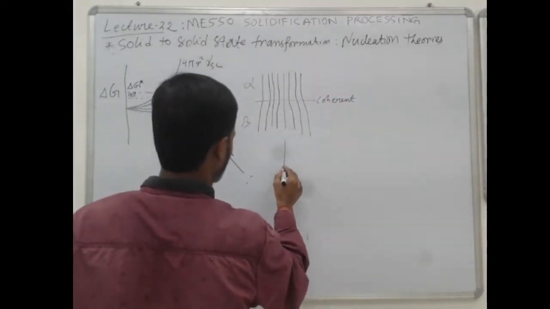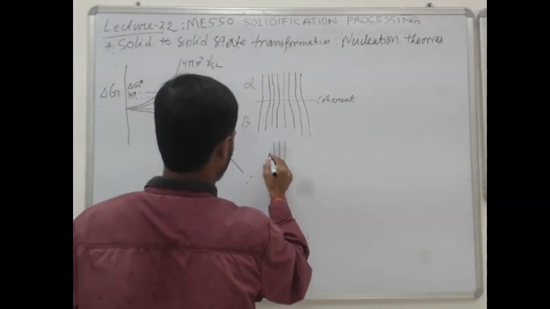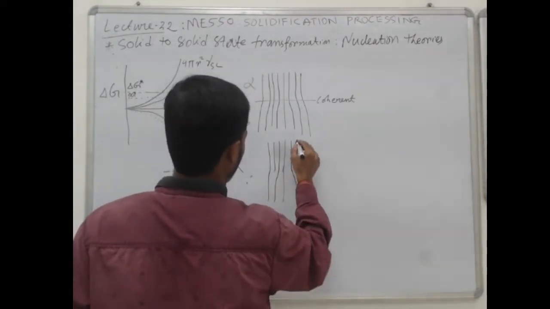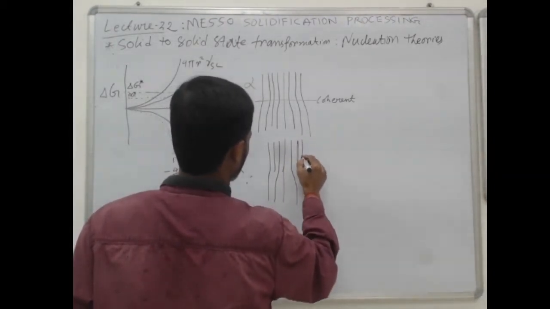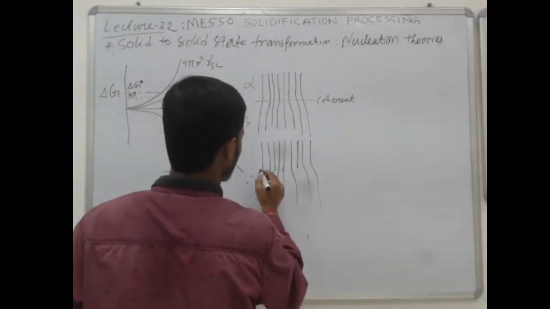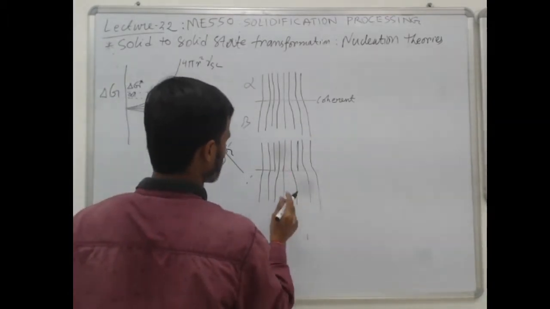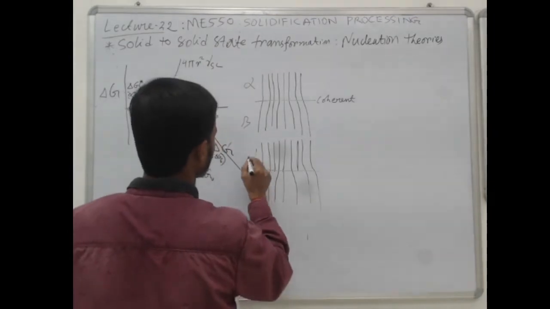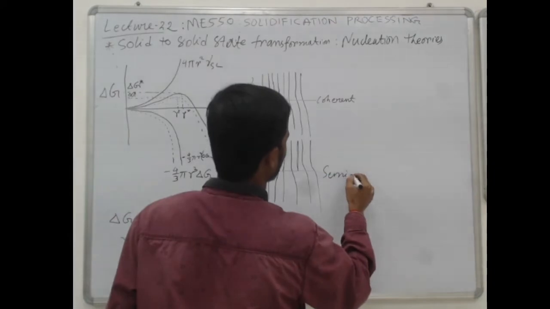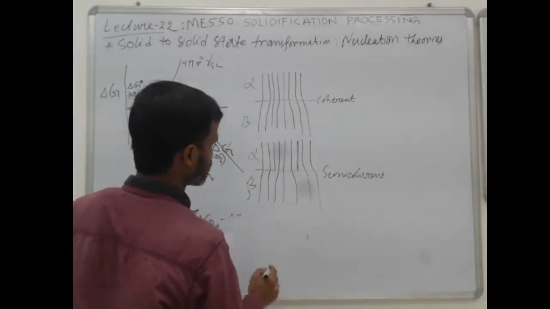If some of the boundaries are broken, like here, it can be on the alpha or beta phase. If some of these boundaries are broken, so this is alpha and this is beta phase, then it is semi-coherent. If all are broken,